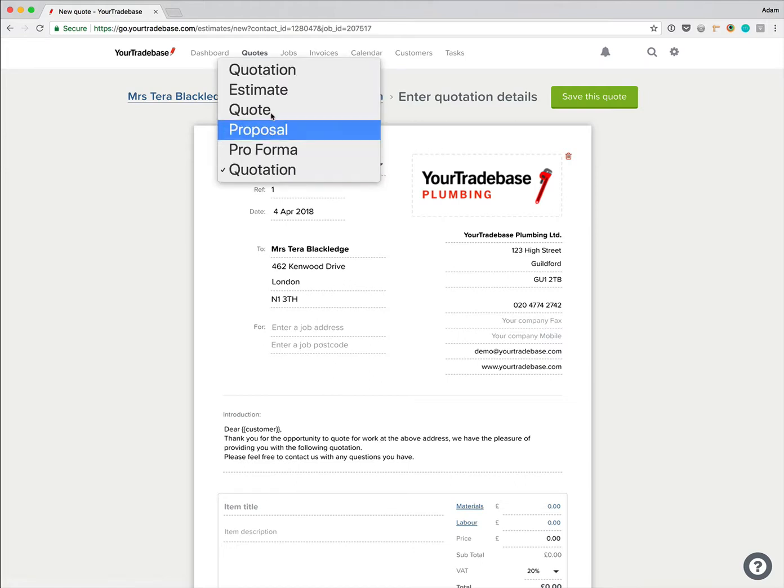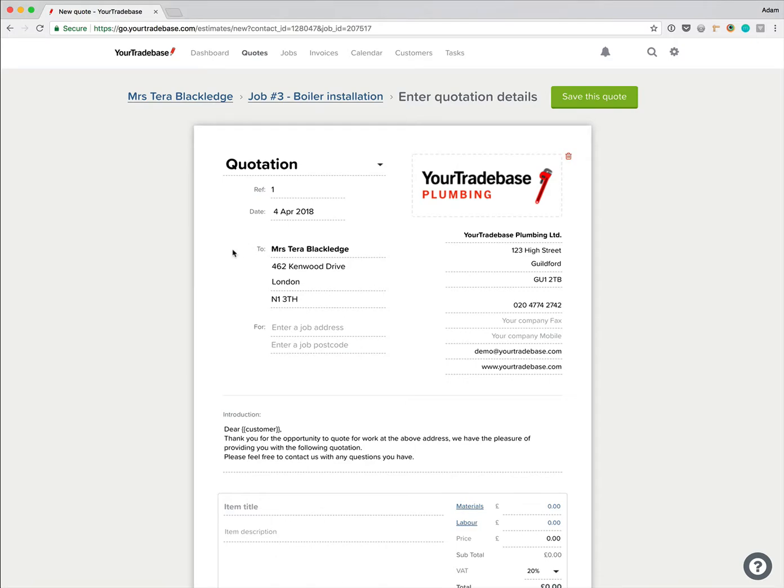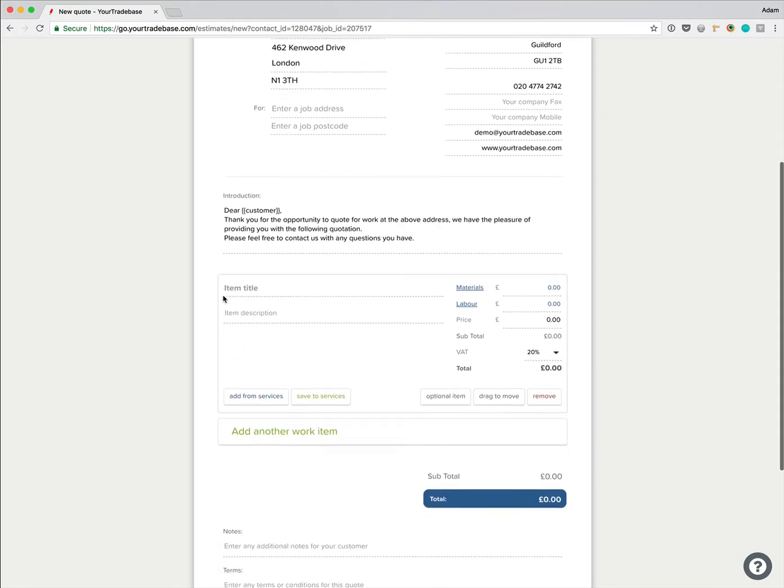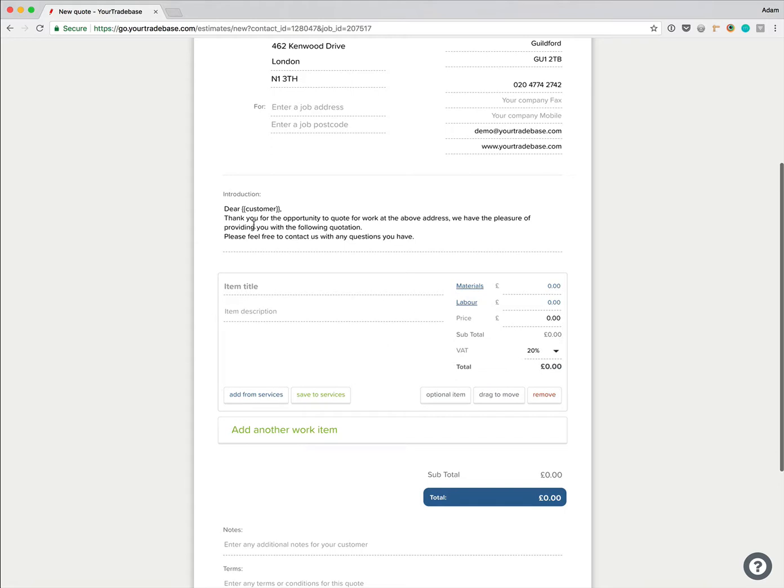And we can also change our quotation. If we'd rather send this as an estimate or as a proposal, we can change that at the top of the quotation too. So moving on down through our quotation, you can see that we have an opportunity to add an introduction to our customer. So in this case, we're just thanking them for the opportunity to